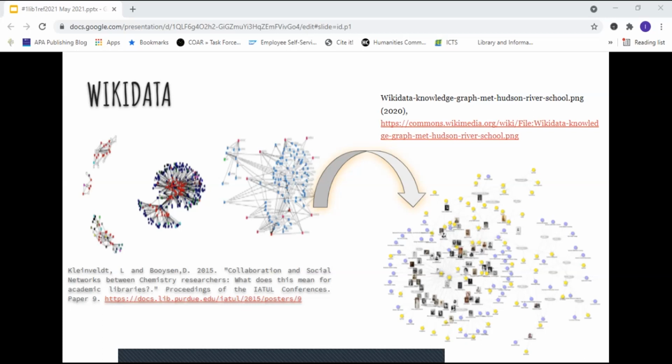If I think how easy it is these days to generate something similar, which includes far more linkages and connections within a fraction of the time using a query in Wikidata, it is well worth exploring the possibilities Wikidata has to offer libraries and researchers.